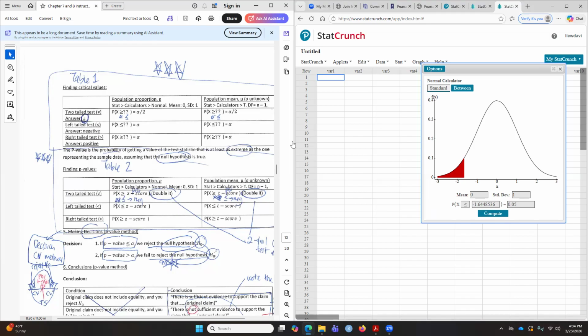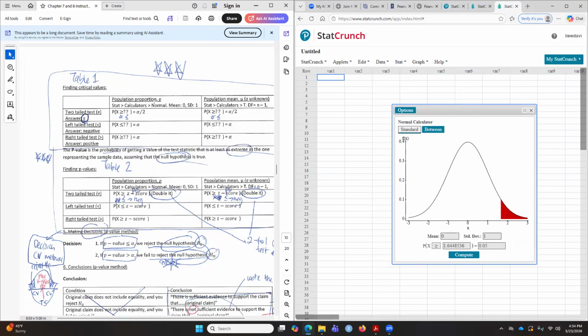And for the right-tailed test, you have to use the greater than symbol. And again, if this alpha is 5%, you don't divide this by 2 because the whole alpha is on the right side. So it will be 1.645. Okay, so this is the normal calculator to find the critical value